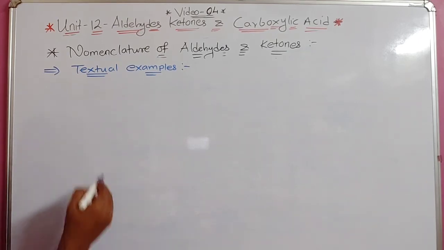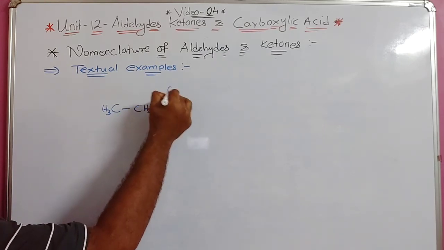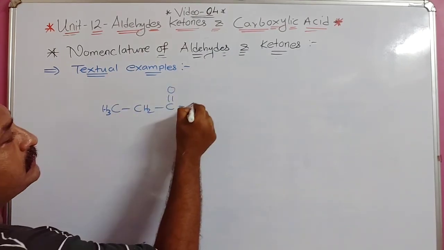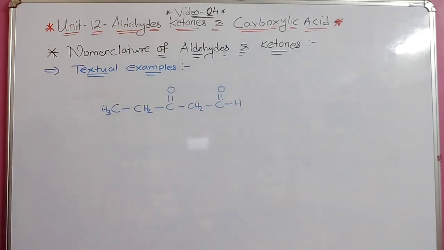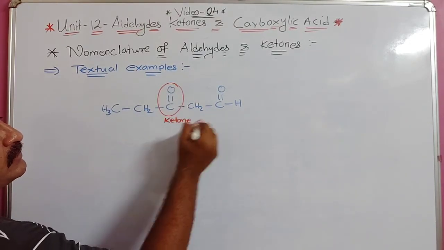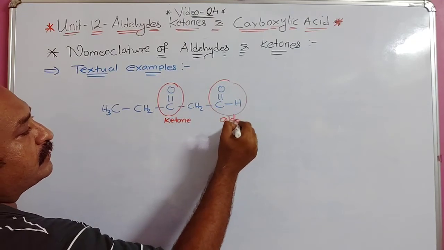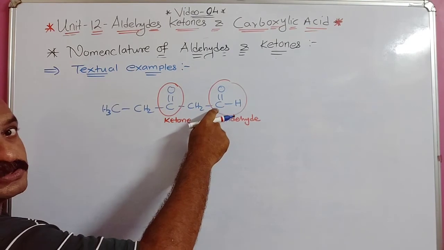On page 360, another example is like this: CH3, CH2, C double bond O, CH2 and C double bond O and H, like this what is given. Now in this case, if you see here, 2 functional groups are there. So this is one exceptional case. This is the functional group we call ketone, and this is the functional group we call aldehyde. Understood? So whenever these 2 functional groups are written, always remember the terminal carbon is always there